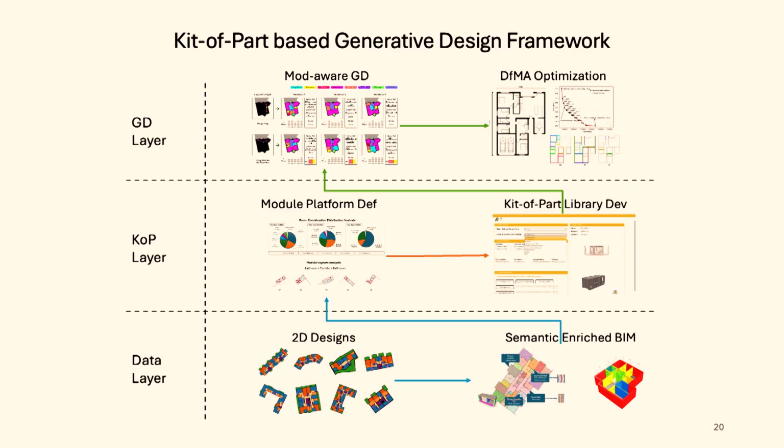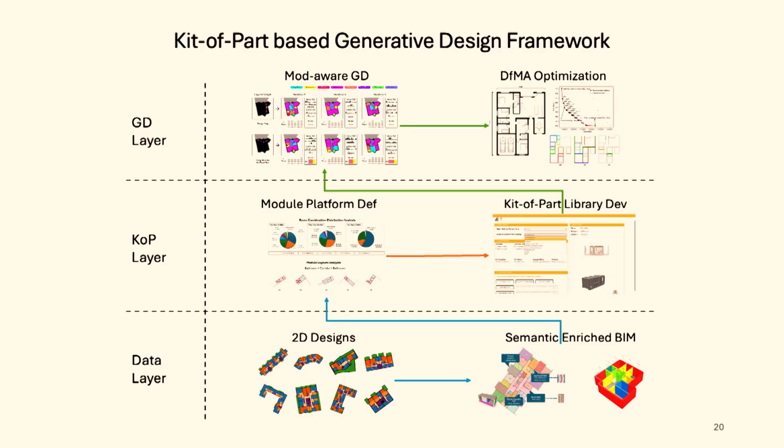Okay, so as a summary, I will put all those 6 components in a framework. At the data layer, we will collect the data set. If you have 3D models, that's more straightforward. If you do not have that, you have 2D drawings, then we can use 2D to BIM to enrich the semantics. And once you have a data set built, you can move to the kit-of-parts layer. You can identify the most cost-efficient modules to represent the local market and manage the data by developing a kit-of-parts library. And then once you have the kit-of-parts library developed, you can select the modules and develop your project. This is how we translate from the project to product approach.